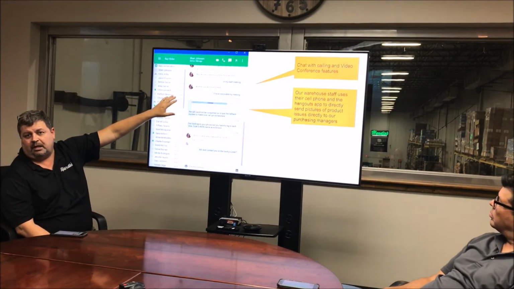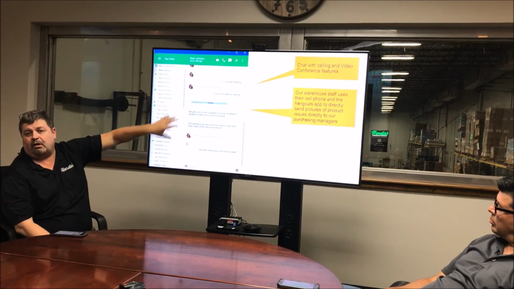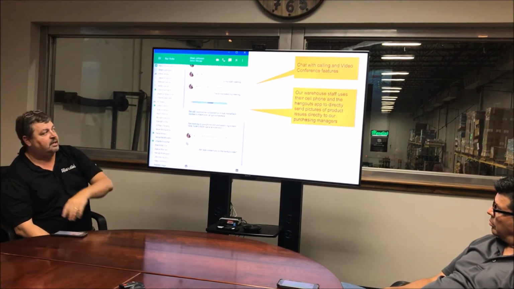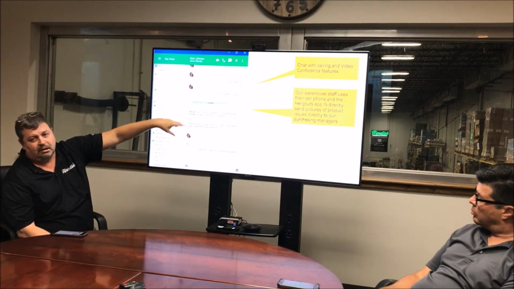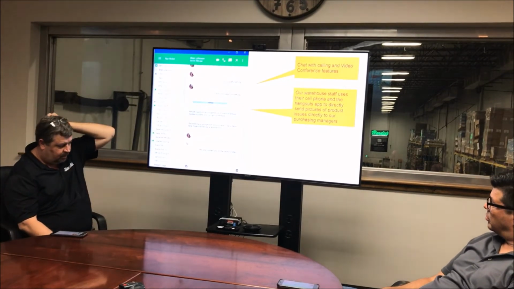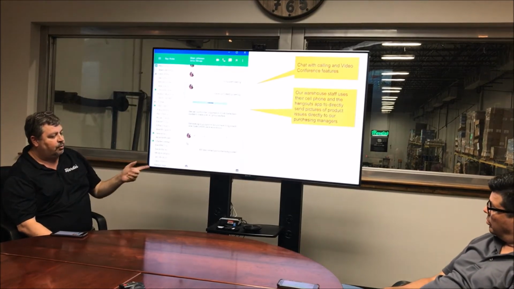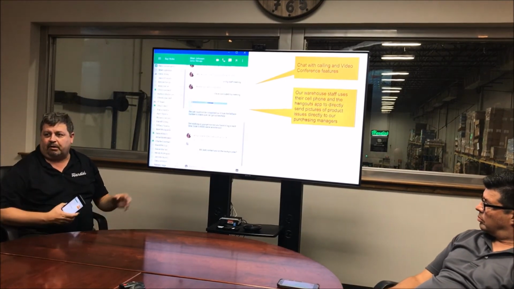You don't have to pay any charges. I'm actually starting to make phone calls to my computer now instead of my desk phone. You could click the arrow and break it out and have multiple conversations, do it into groups. Cool thing about it is, since I got it on my phone, I can run through the warehouse